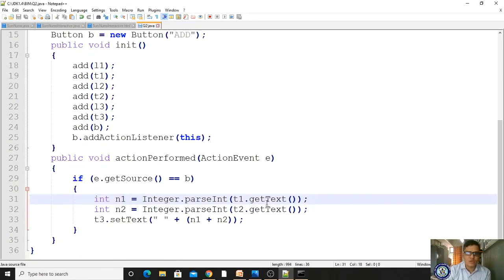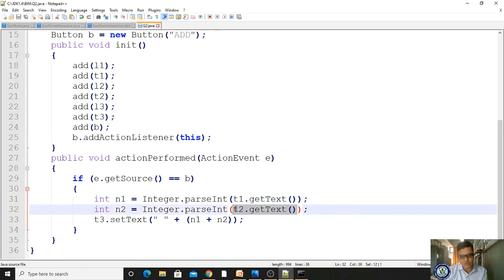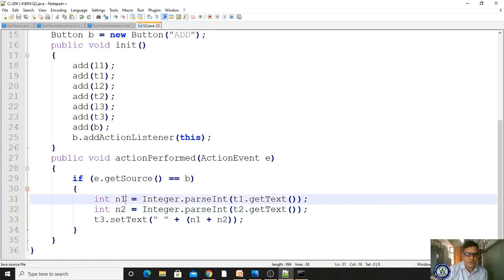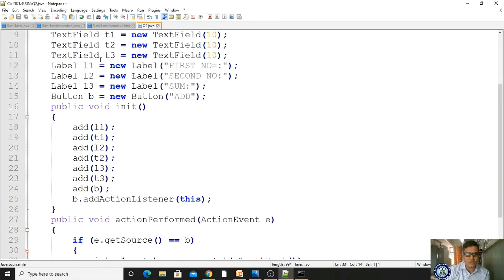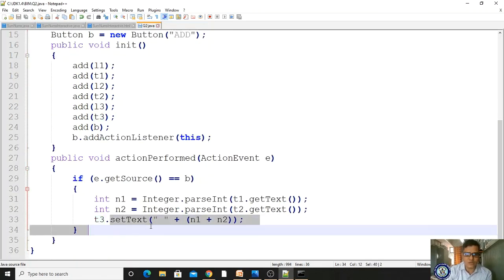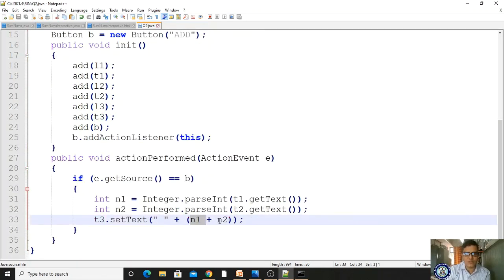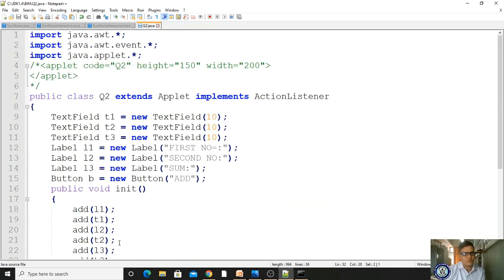Text box. t1.getText gives whatever value you provided, which is a string, so you are forcefully converting it into an integer. Likewise the second number in text box t2, because whatever you enter at runtime is a string, and you store in int n1 and int n2. So t3.setText. What is t3? Your result, the sum. In that text box you are setting the result: blank space plus n1 plus n2, the summation of n1 and n2. Likewise you can evaluate. Clear?